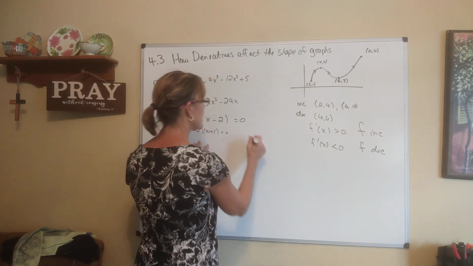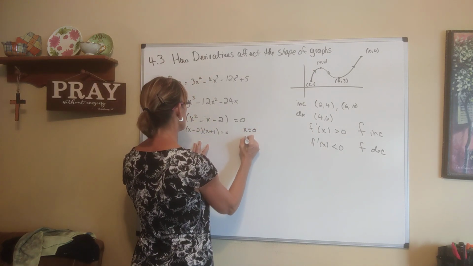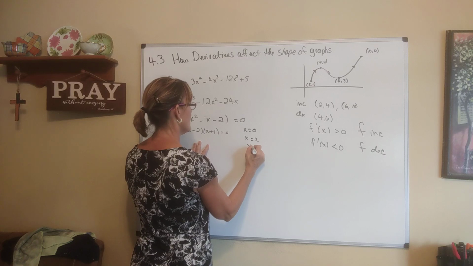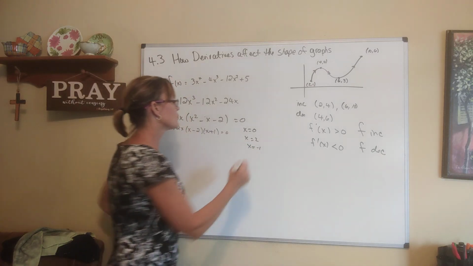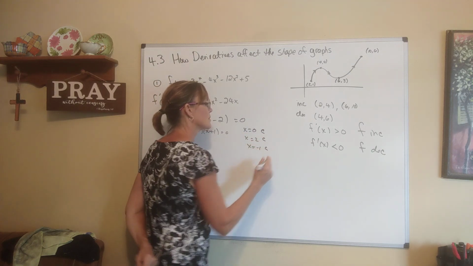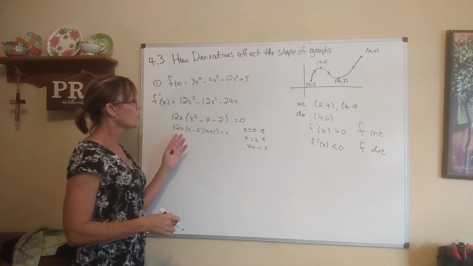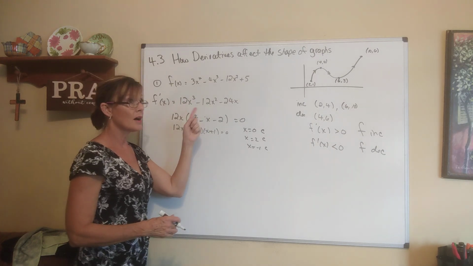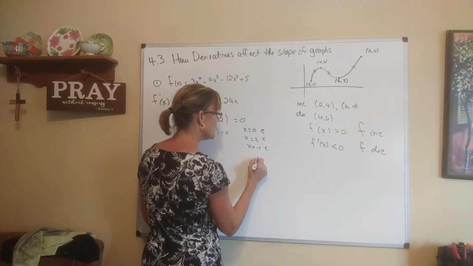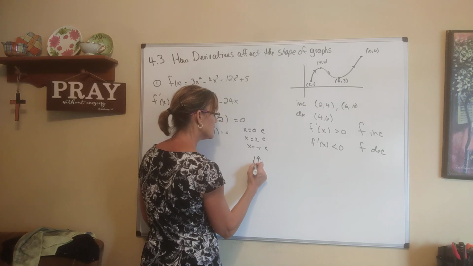You go, okay, what are my x-intercepts? X is 0, x is 2, x is negative 1. What are their multiplicities? 1, 1, 1, which means it's going to cross, cross, cross. What is the end behavior? Well, this is the third power, odd. Positive, odd means, positive means it's going to be up to the right, odd means it's not going to follow